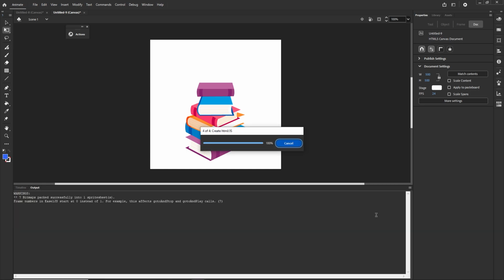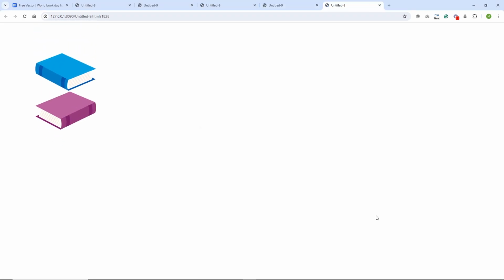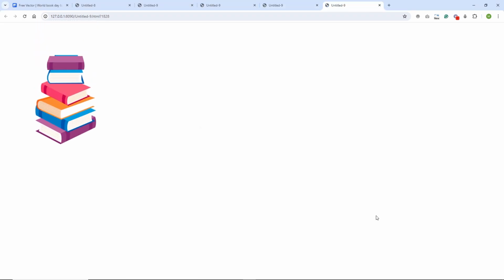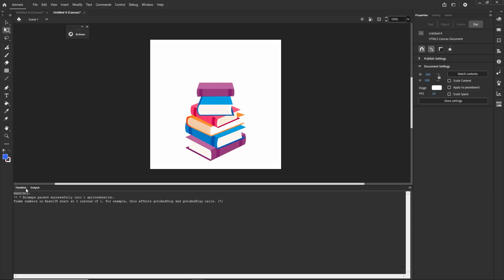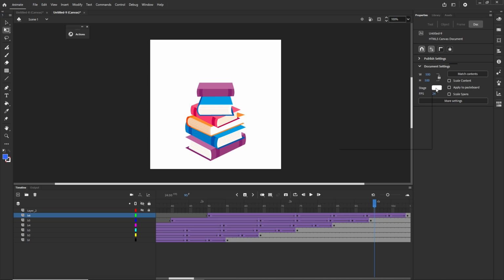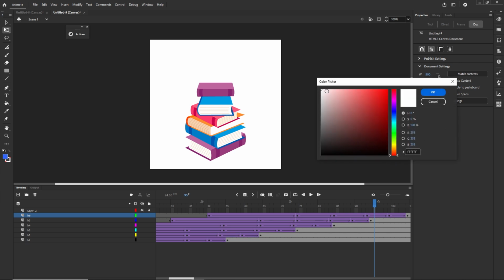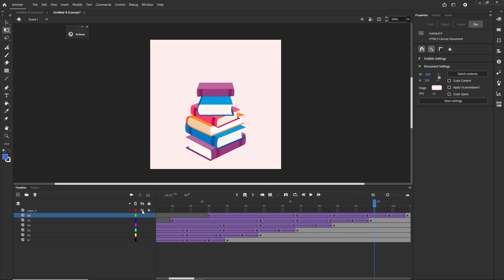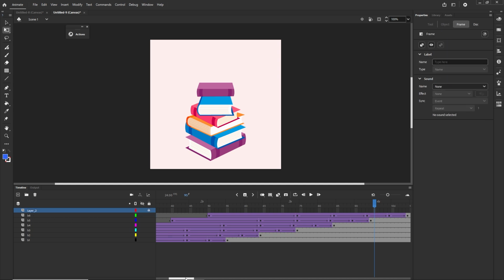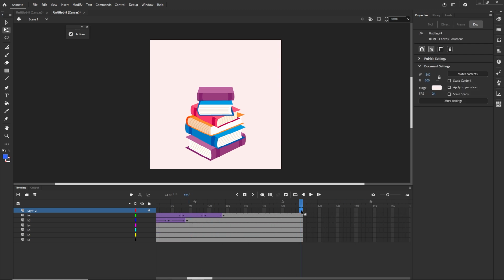So right now if I go with Control Enter, Command Enter, this is what we are going to have. Okay, now what we can do is I can click anywhere and I am going to change the color of the stage. So I am just going to go with something which is not white, and I can show my layer number 2. Okay, but I will have to extend this, so I will go up to the end,